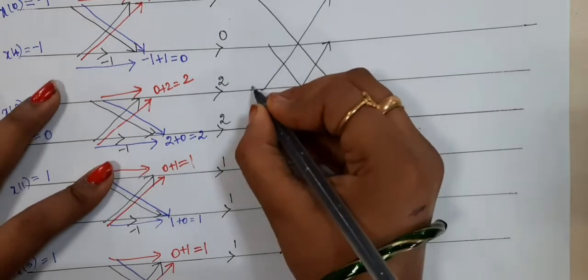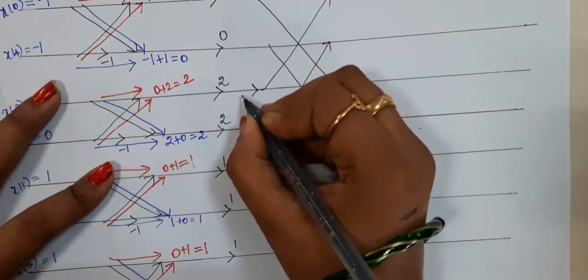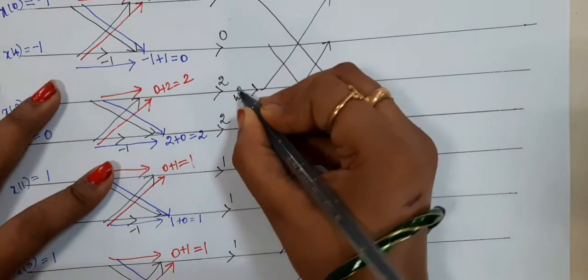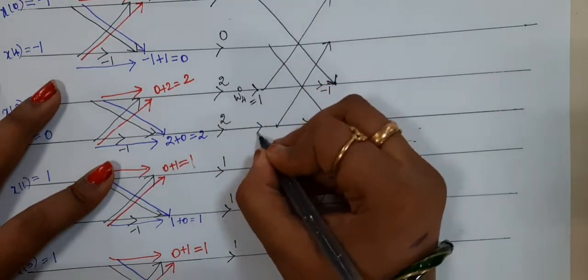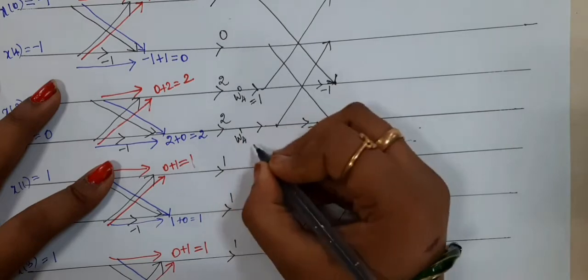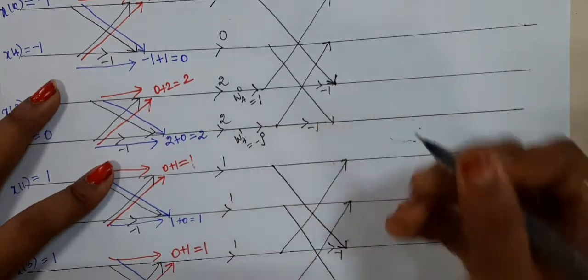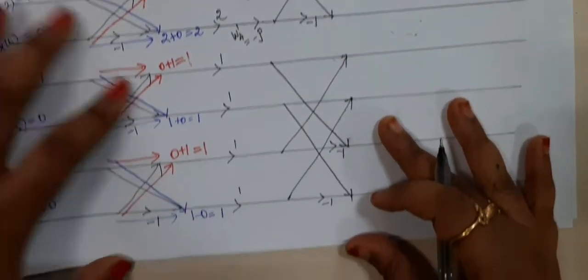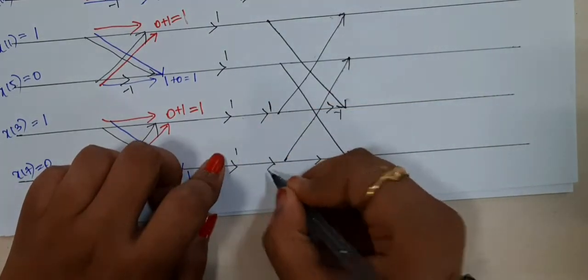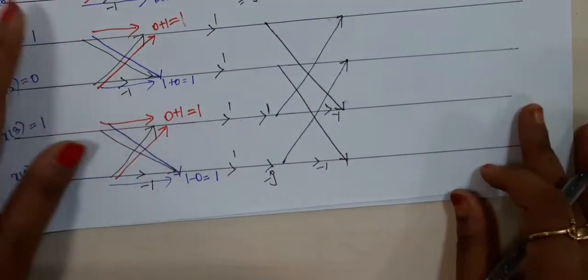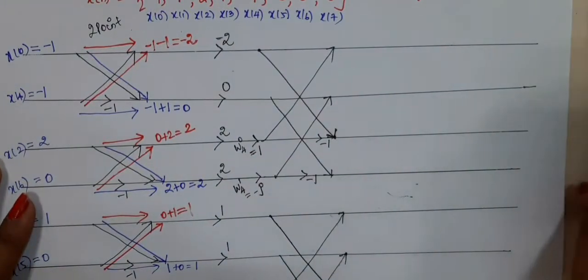Okay, so what is a twiddle factor? This will be W40. So what is the twiddle factor? 1. And here W41, the twiddle factor is -j. Okay, for all the things it will become like here also. So here the twiddle factor is 1, the twiddle factor is -j. Okay, so now we can start our journey.